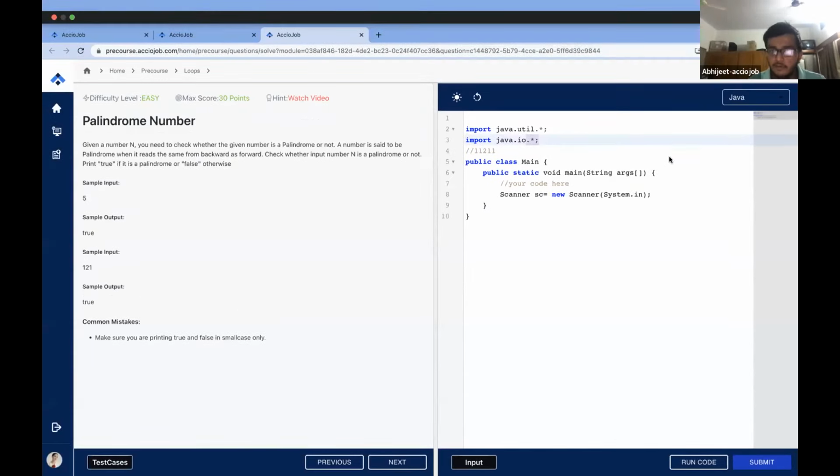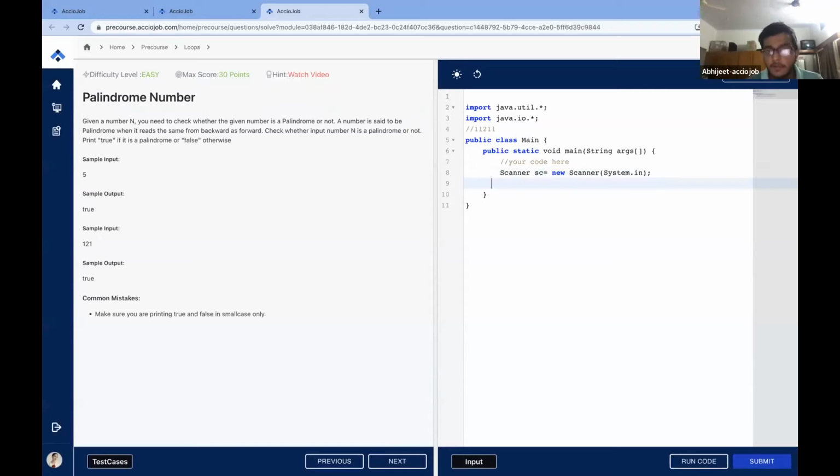Converting it into a string is one thing, but if you haven't been taught strings, we won't be using strings. So we'll take the integer n equals sc.nextInt. Again, we'll make a copy because we have to use the original number to compare. Okay, so let's make the reverse number. It is initialized to 0 because we don't know what the number is going to be. While n is greater than 0, or n is not equal to 0,